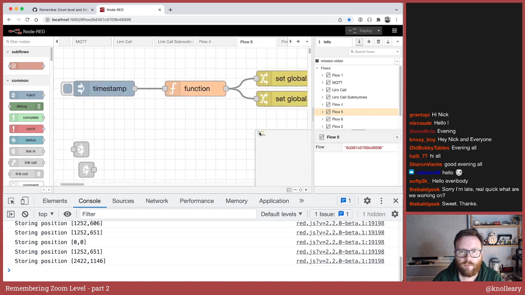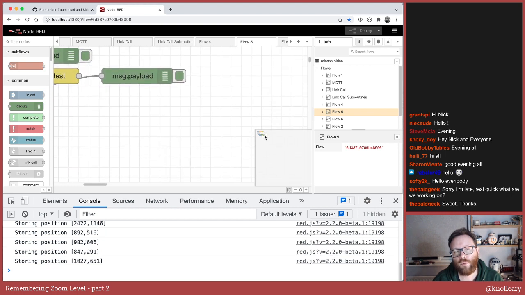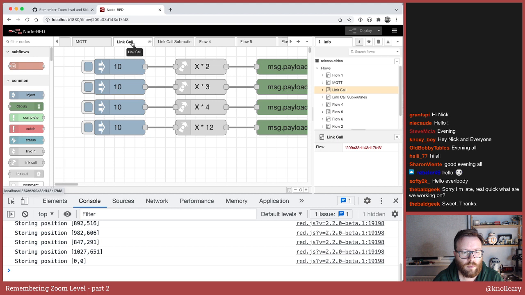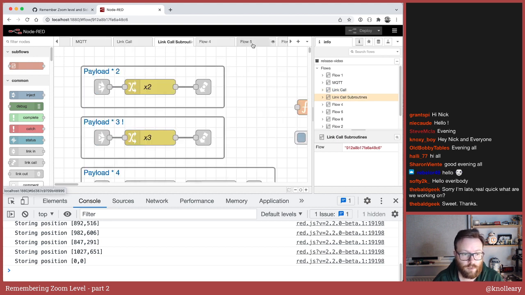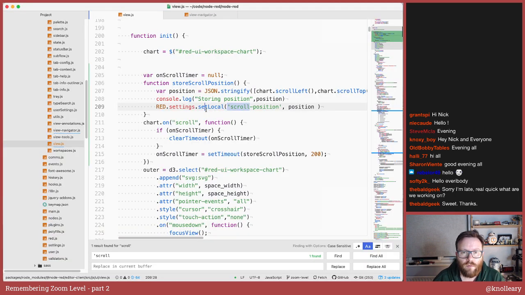So we already have logic in place for restoring that position between tab switches. But the key thing is, as I switch tabs, you can see storing position is getting called. Well, it's getting called if it changes. It's not getting called because we're not actually triggering a scroll event because we're not changing the value. But if I go to flow 5, it gets called. So it does mean we're only storing the scroll position of the tab you were on. It won't remember the scroll position of all your tabs, but